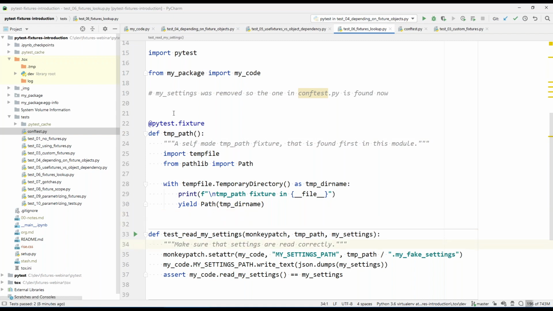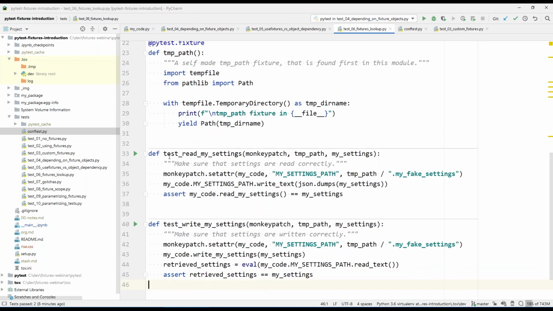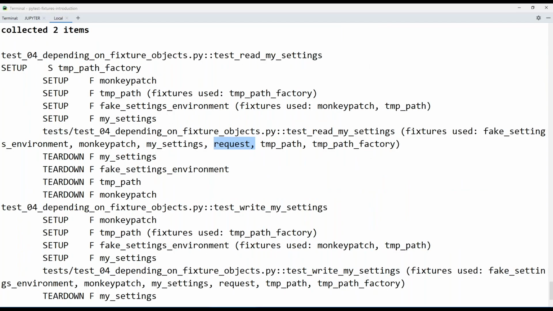So what I did here is I moved something into a conftest.py and I override the tmp_path fixture with a local fixture. And if I run this now, it's still the same test, nothing interesting happens here. It should still work. But what was used now,